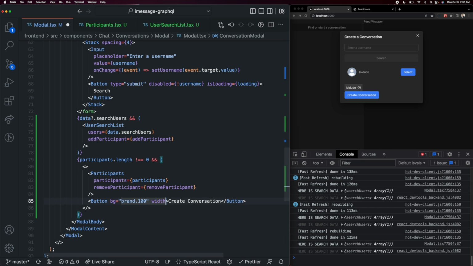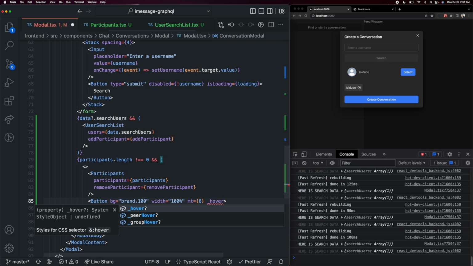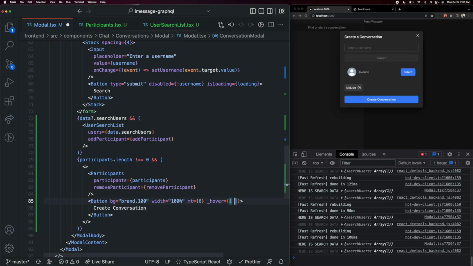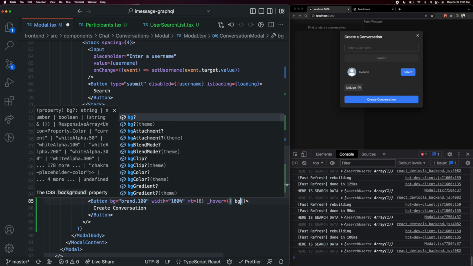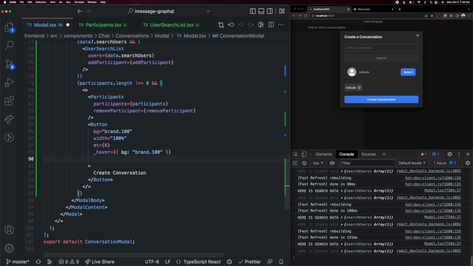We are going to add a width of 100%, so it spans the entire container. We are going to give this a top margin of 6 to space it out a little bit. And to override the default Chakra hover styling, we're just going to add our own hover styling, and we just want to make the background be maintained as the brand 100 color. And we're also going to add the disabled prop and the isLoading prop once we actually create the createConversation